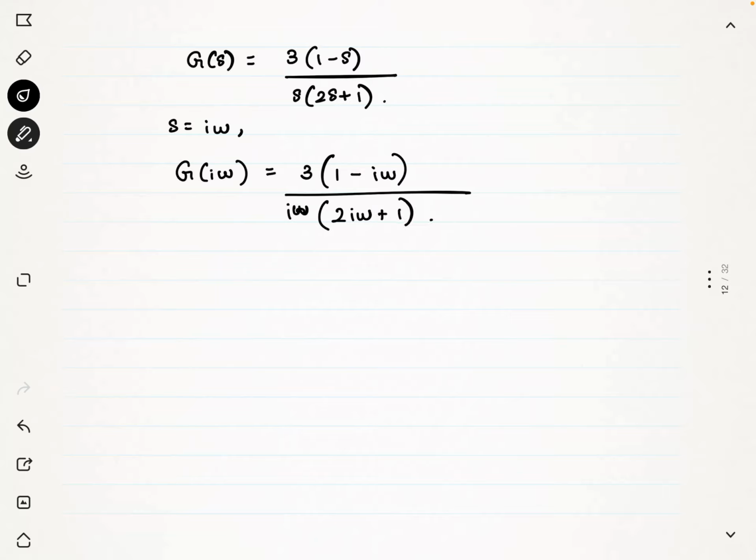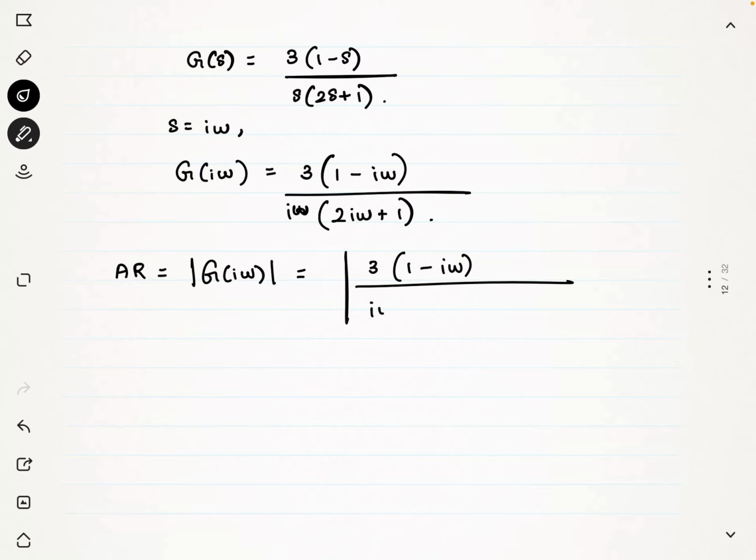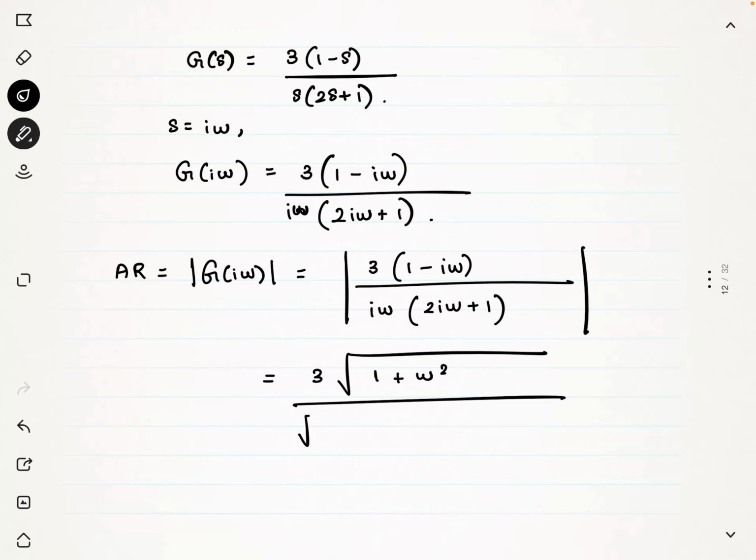So the amplitude ratio will be directly the absolute value. So we'll have 3 just like that, and then 1 plus omega squared divided by root of the real part of i omega 0. So we'll have